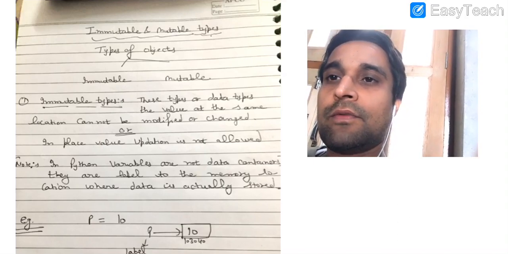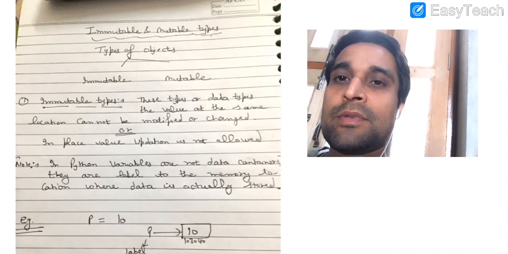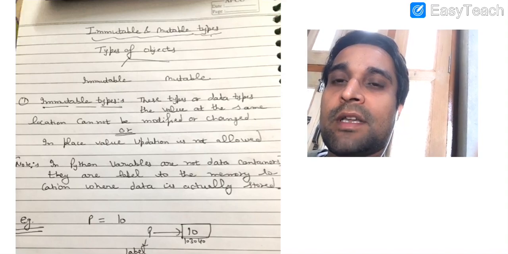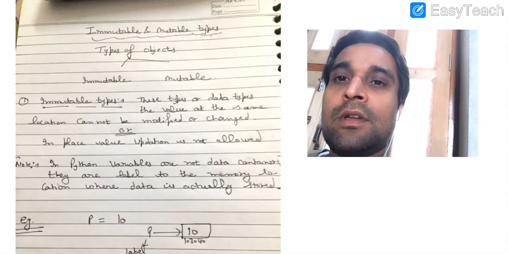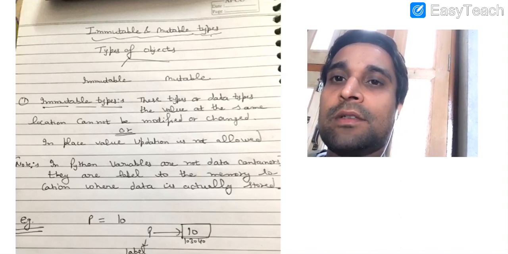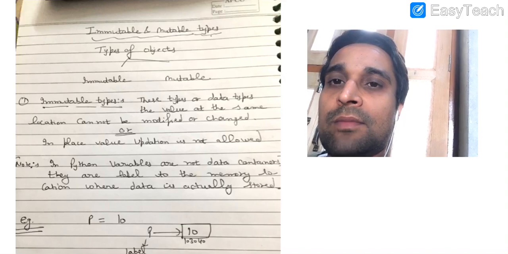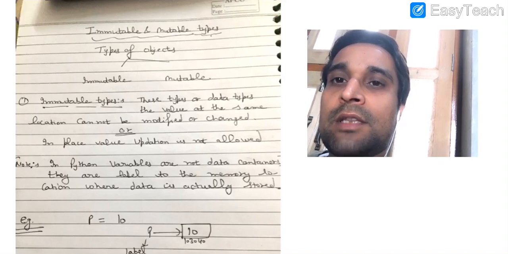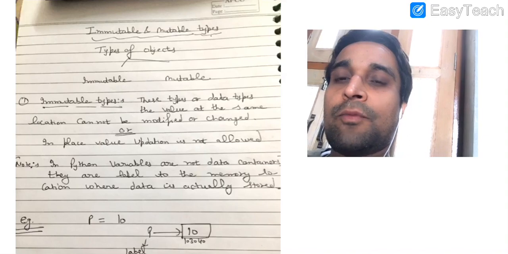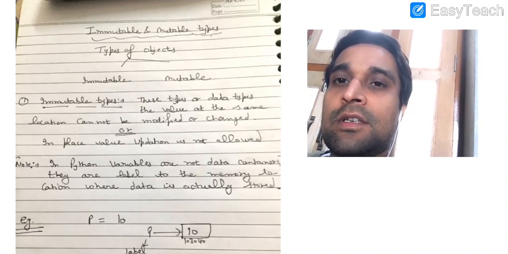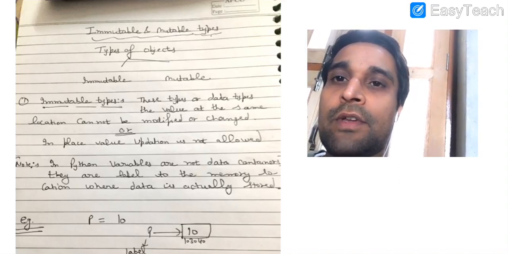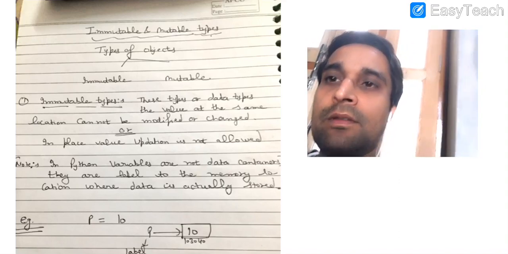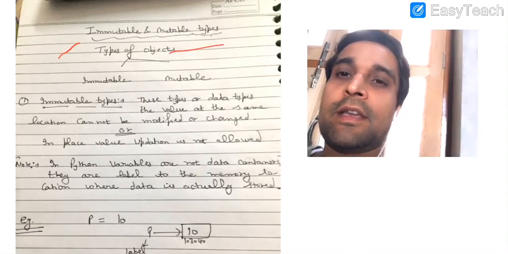In our last lecture we discussed various data types available in Python, and in this lecture we will discuss immutable and mutable types. Then we will discuss expressions, different types of expressions, and how to evaluate an expression in Python. Then we will discuss some of the functions available in the math module, which is in the standard library of Python. And at last we will discuss statements and control flow.